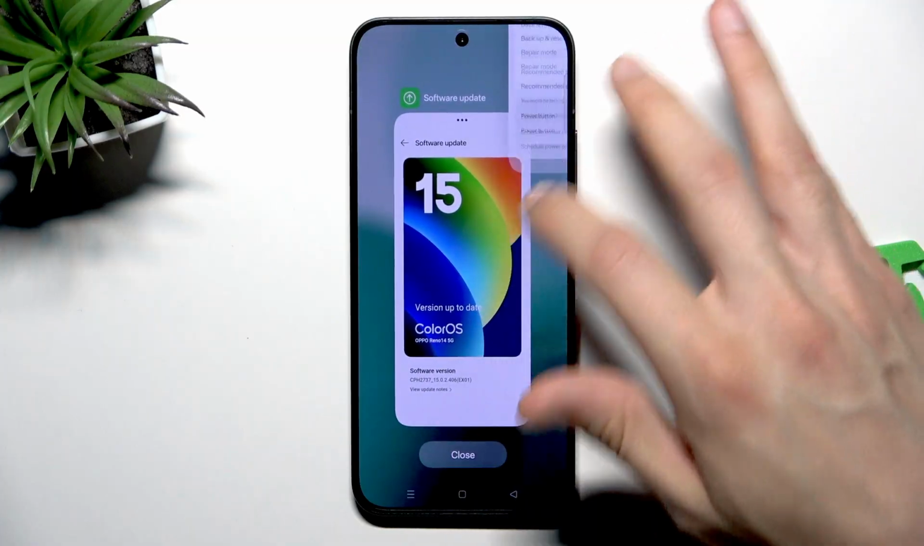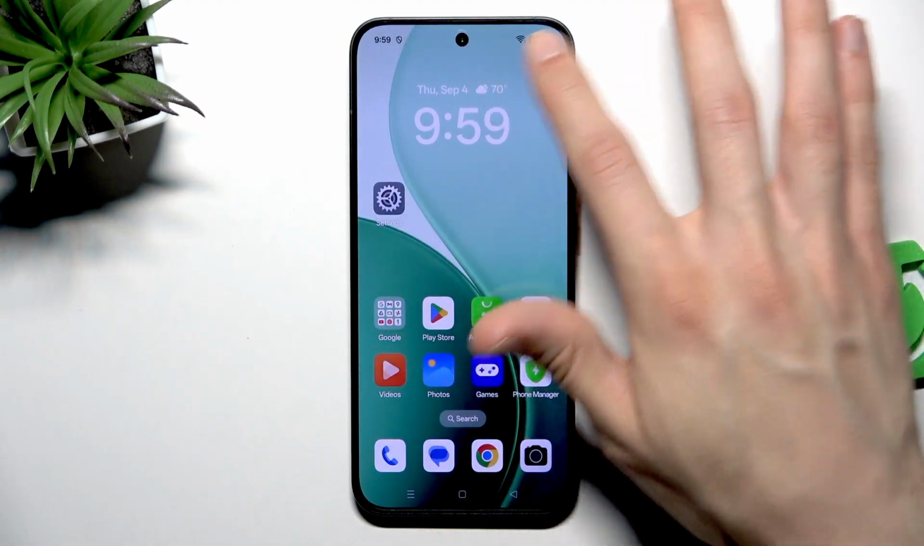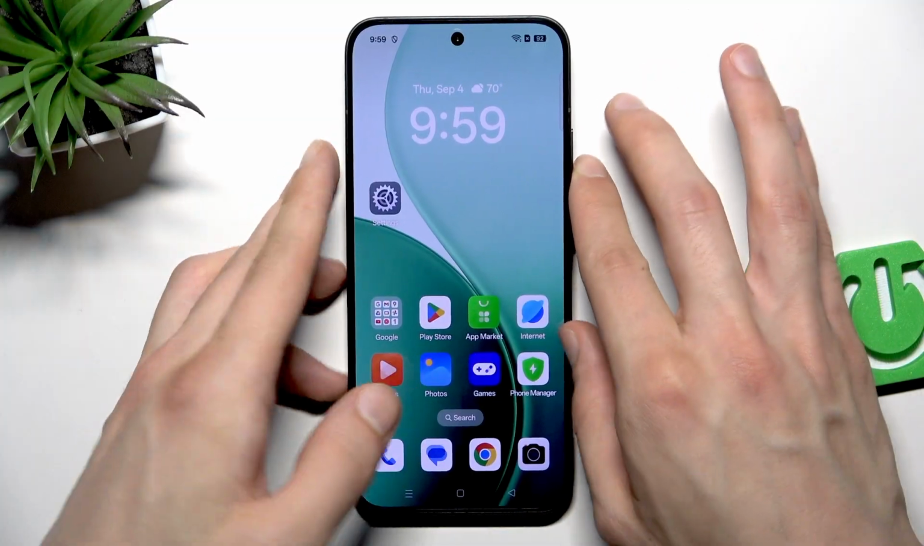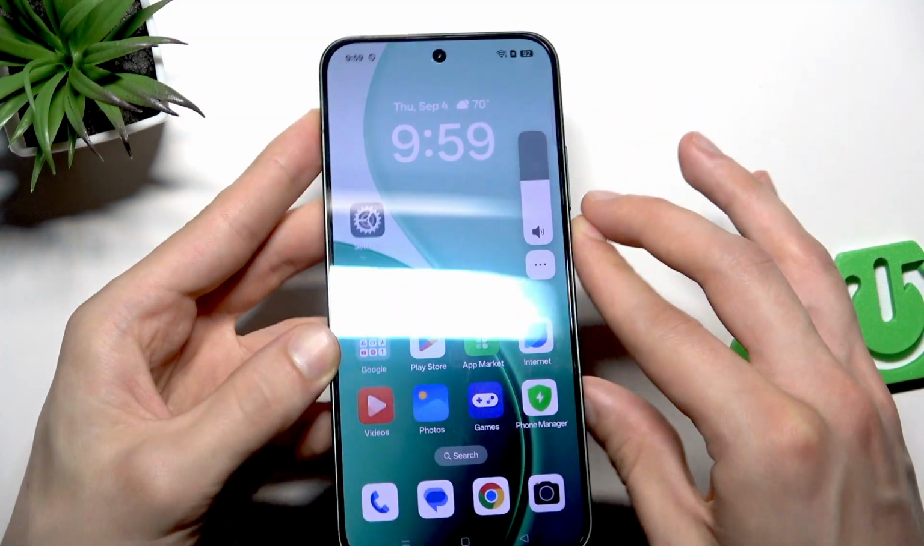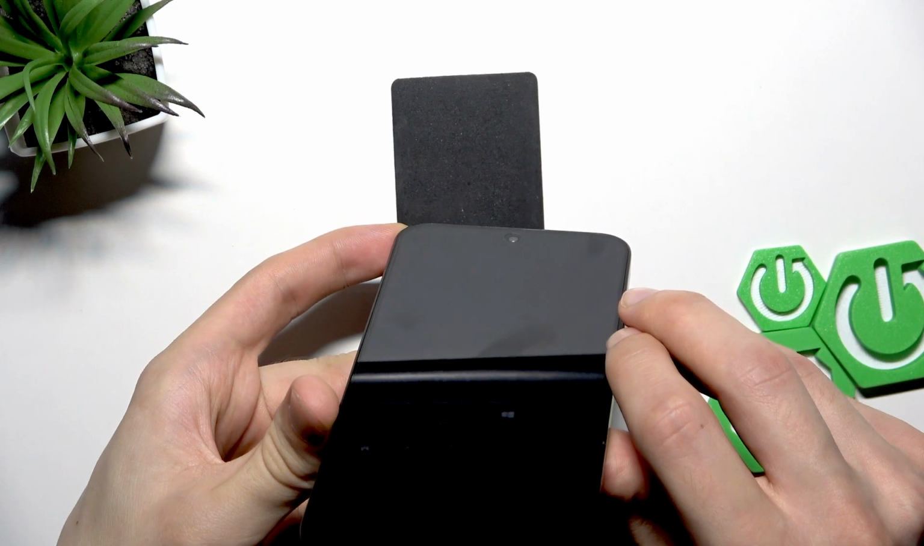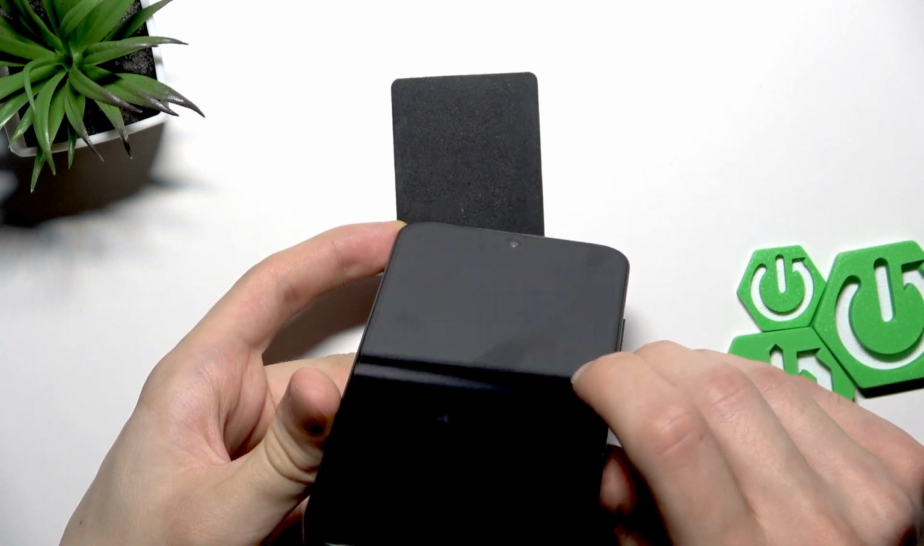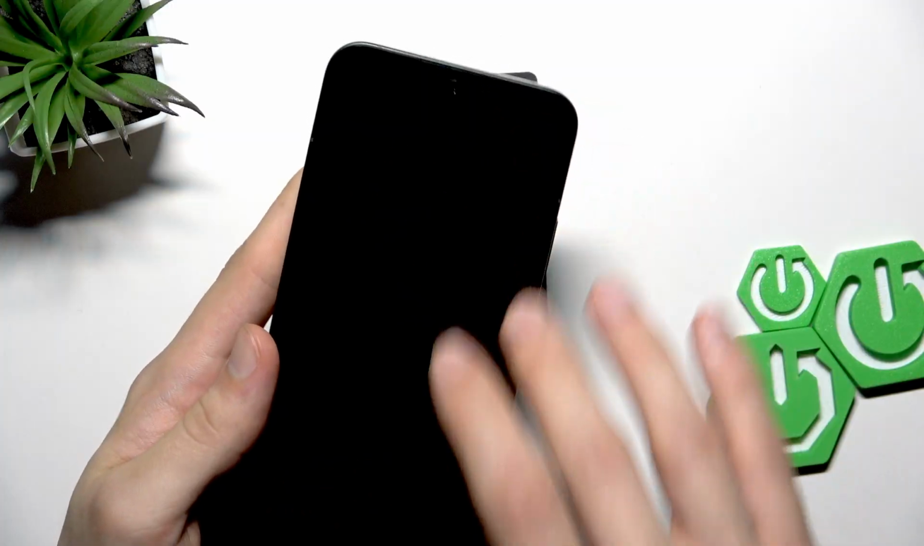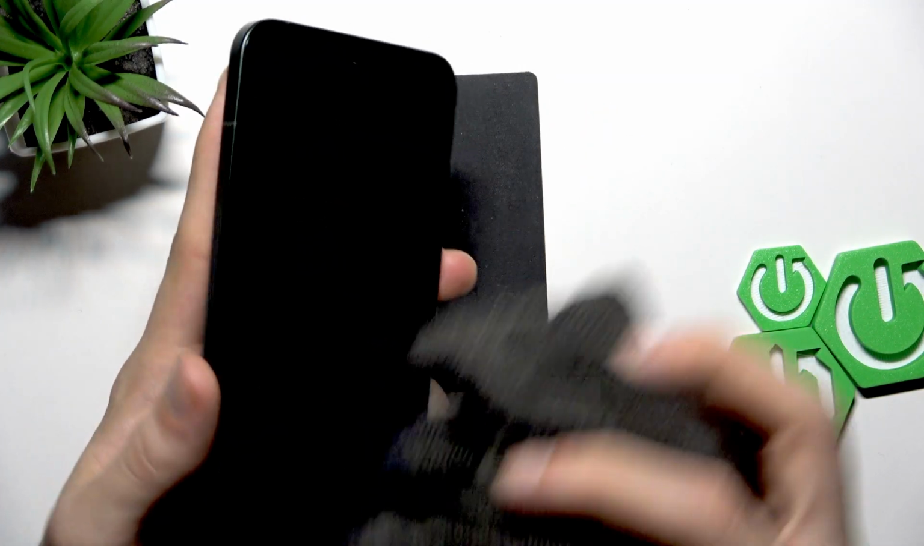But if you still have this problem, then what you can do is try to remove the protective glass from your phone. As you can see, this phone does have one on it, so just remove the glass, then use a dry towel